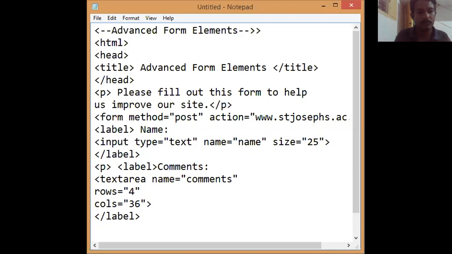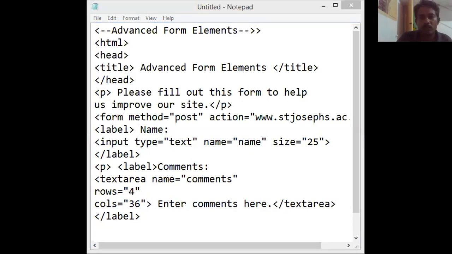Here, enter comments. After that you can close the text area. So now we have created the text area.